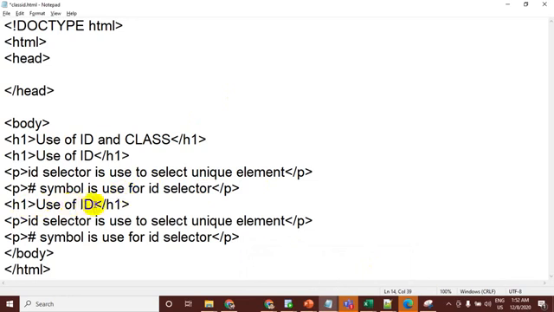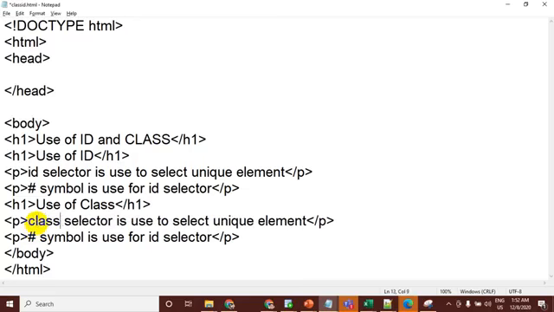So h1 use of id, instead of id I will write class. Okay, now class selector is used to select multiple elements